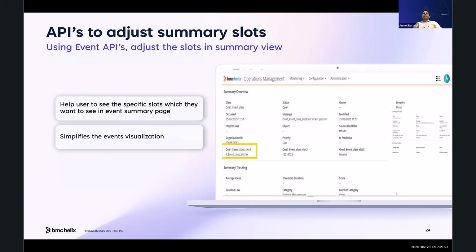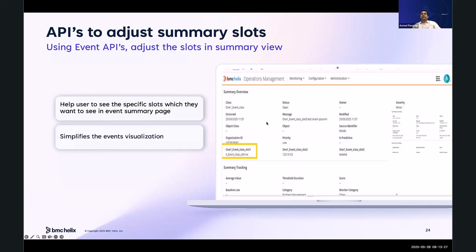Now, another important thing that I would also like to call out is through the APIs, where in the event summary page, as you can see, I have highlighted one point here, that one specific event slot is also added to the view. Now, customers have specific scenarios where they do not want to go with the default view for the event summary, where they don't want to see